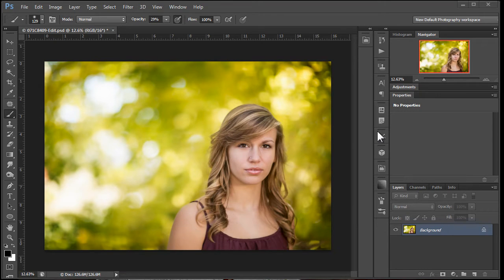My name is Tom Shue, and today we're going to do a beauty retouch. I'm also going to show you some things that I do on images in general that help you define your subject. Okay, when you have an image and you look at it, you can see over here there's lots